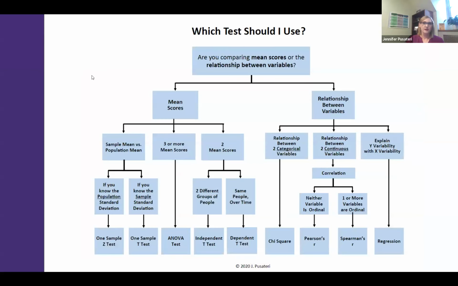Another way to do this is to lay out the course visually. This was from a statistics course that I took. At the beginning of the course, we just jumped right into one of these things, maybe an independent t-test or something. I can't remember what we started with.